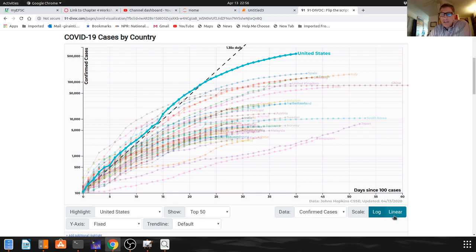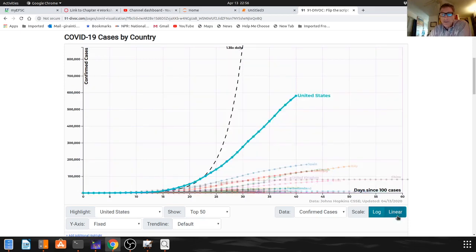If we want to look at it in the regular Cartesian coordinate plane, I can hit the linear scale, and you can see the linear scale of the 1.35 daily increase. And you can see that it looks like we may actually be flattening out right there, and that's a good thing. So anyway, let's get back to